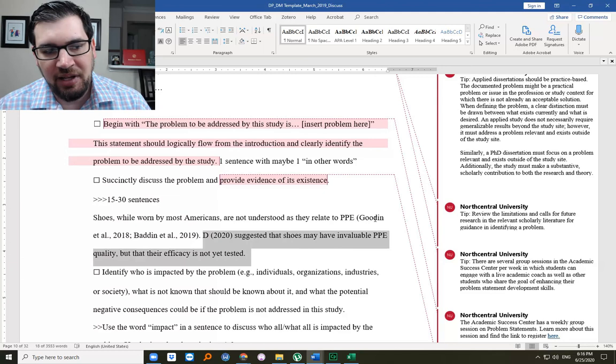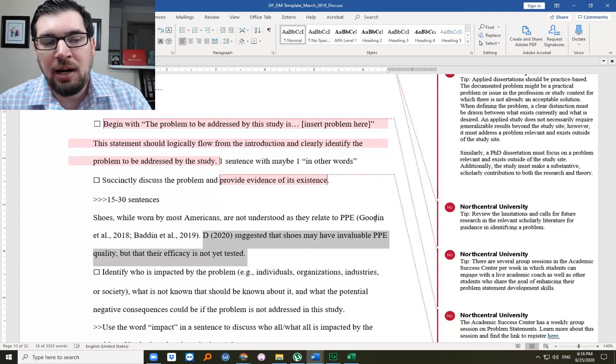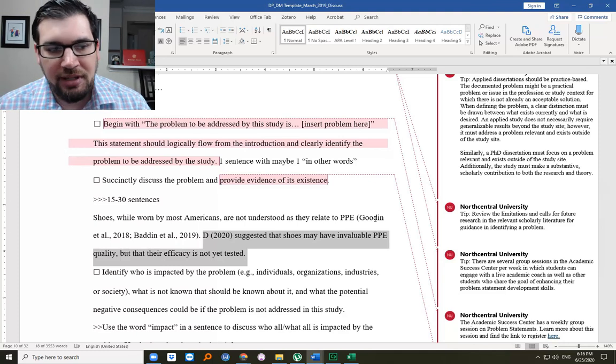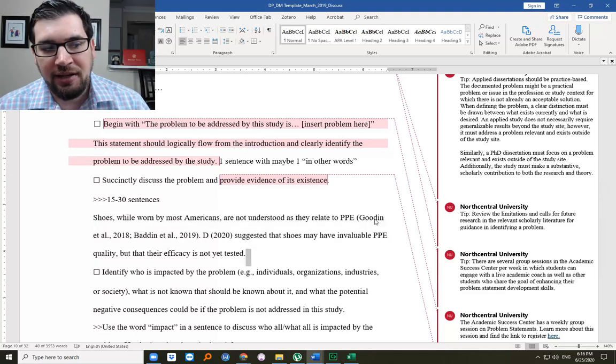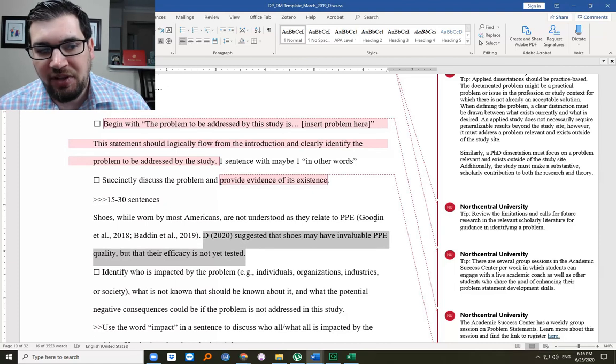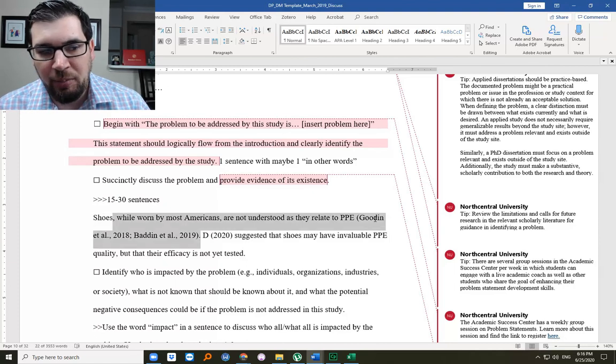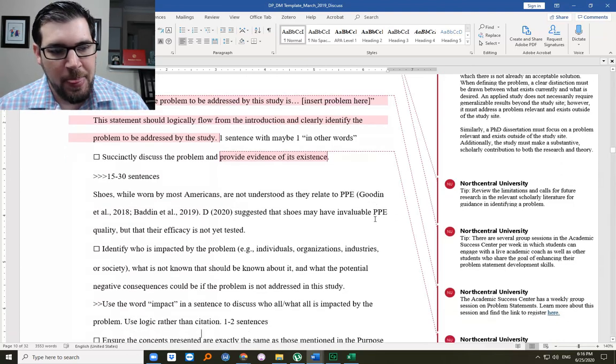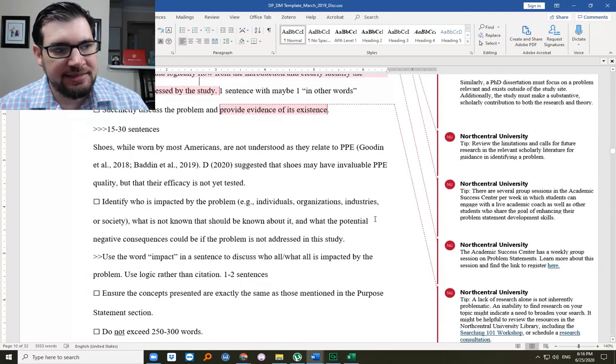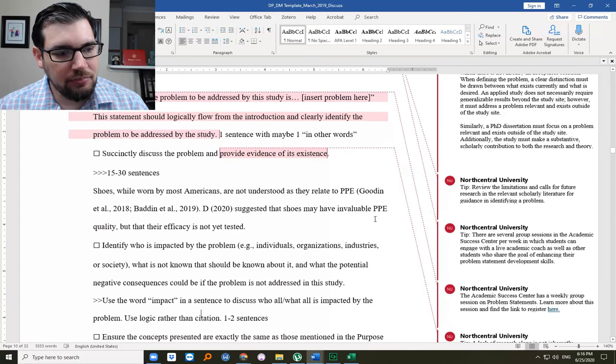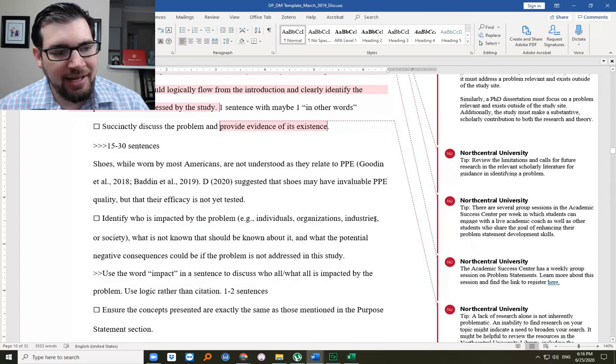If D says something a little bit different that is important and sort of useful, worthy of sharing to really prop up your problem as justified, relevant, warranted, then go ahead and include a little bit more specifically what D said that was a little bit different than maybe what Goodin and Baden said. Then you're going to have your sentence about impact,